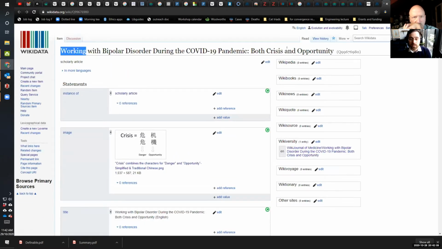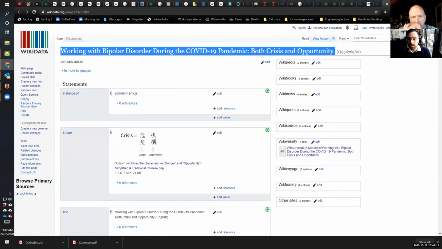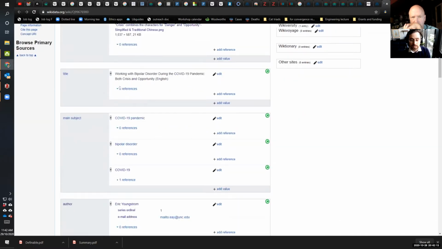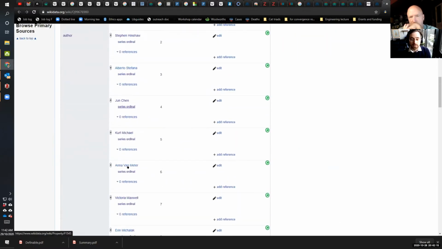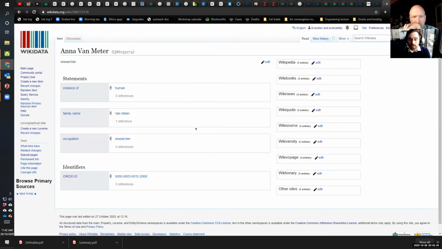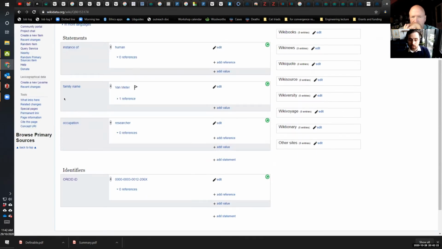So this is the Wikidata item for this article. It's an instance of a scholarly article, etc. And if I go to Anvenmeter, this is where we would be looking for what is their employer, what's their affiliation. And currently, we don't have that. That information all needs to be populated.